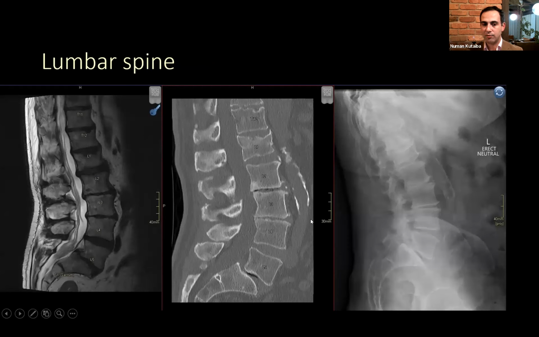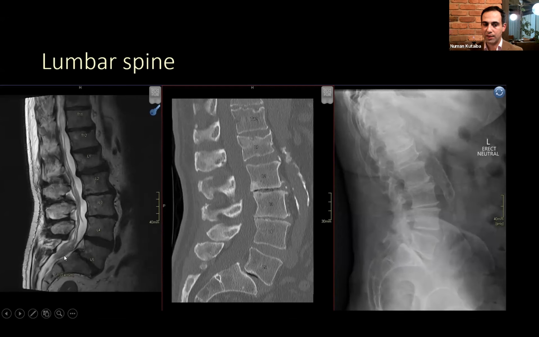We have the X-rays, we have the CT in the middle, we have an MRI again. And again, the X-rays will show your alignment and vertebral body height. We already have a minor wedge compression fracture at L1, which is evident on the X-ray, evident on CT and on the MRI. This patient also has malalignment in that the L5 vertebra, you can see it on the X-ray, is anteriorly slipped. There's anterolisthesis on the S1 vertebra. And that can be seen on the X-ray. So that gives us good information on that, as well as on CT and on the MRI.